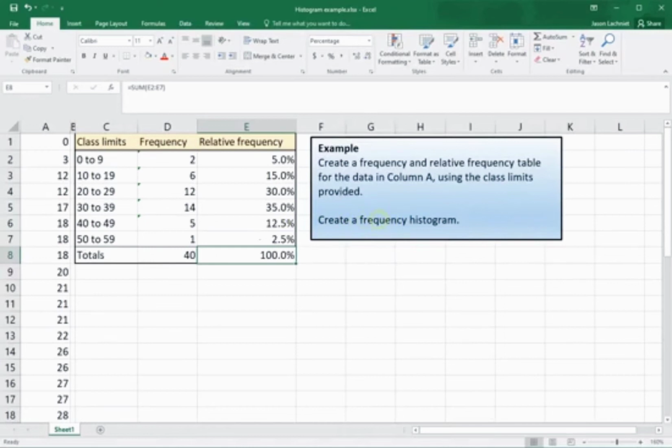Now I want to create a histogram. So for the histogram, we either create a frequency histogram or a relative frequency histogram. We're going to do a frequency histogram, which means the data that we really want to plot is the 2, 6, 12, 14, 5, and 1. These class limits that we have typed out over here are what we want to see as our horizontal